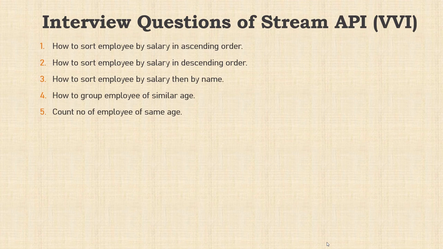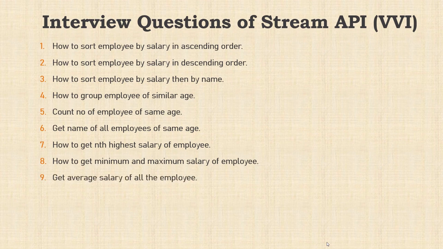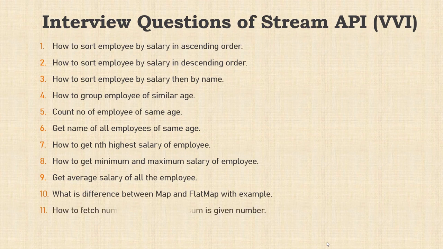Fifth will be count the number of employees of the same age. Sixth will be get the names of all employees of the same age. Seventh will be how to get the nth highest salary of employees. Eighth will be how to get minimum and maximum salary of employees. Ninth will be get the average salary of all the employees. Tenth will be what is the difference between map and flat map with an example. Eleventh will be how to fetch numbers in pairs whose sum is a given number. Twelfth will be how to add an integer array using Java 8. So we are going to cover all the questions and answers with examples